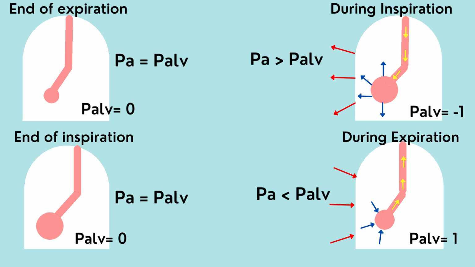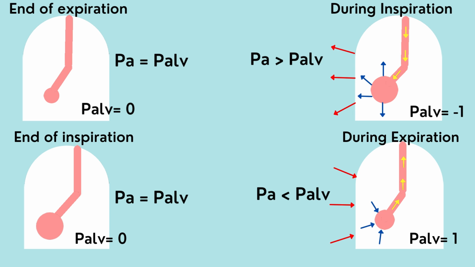Now, though your alveoli are distended at the end of inspiration, the alveolar pressure again becomes 0, because once the air has filled it, there is no airflow at the end of inspiration. So again, because there is no airflow, there is an equilibrium. The atmospheric pressure has balanced out the pressure inside, so now the alveolar pressure again is 0. So this basically is the reason why we need to increase this pressure during expiration.